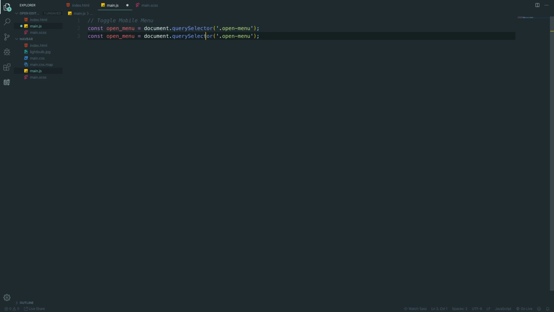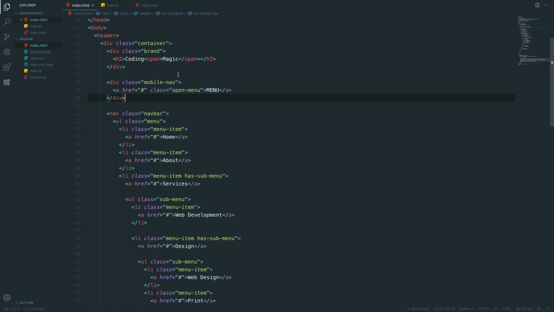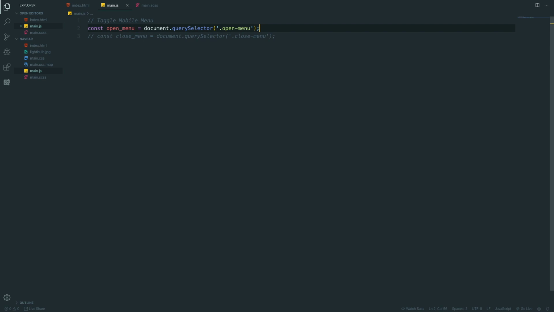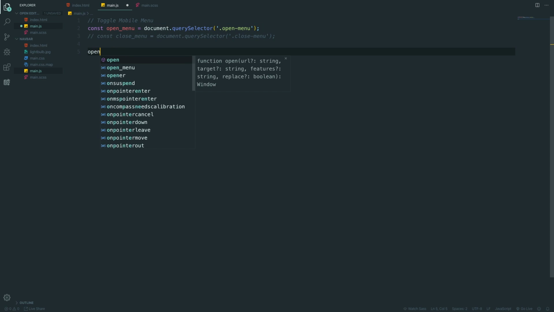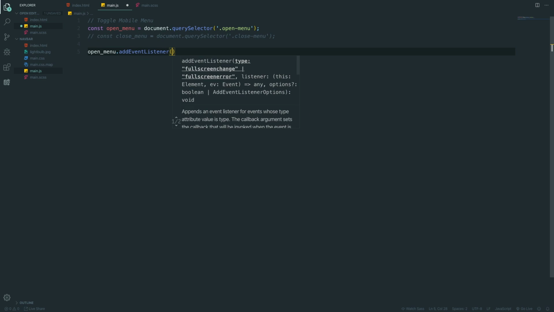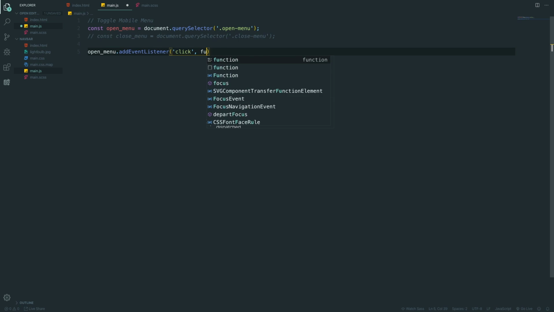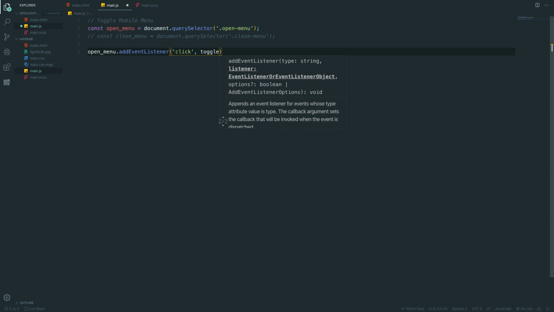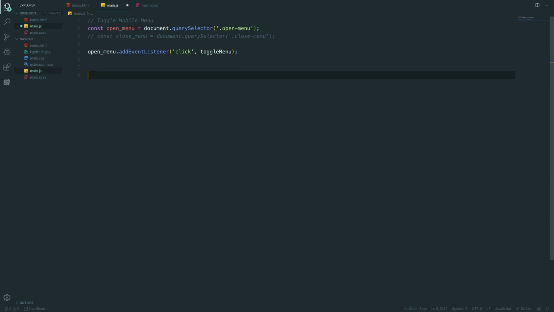We're also going to duplicate this, and we're going to get a close menu button, but we need to set that close menu button up. So we're actually going to comment it out for now because we're not going to use it, but we will use it soon. So we're going to say open menu dot add event listener, and we're going to listen out for a click. So when someone clicks on the open menu, we're going to run a toggle menu function. So we're going to say function toggle menu,